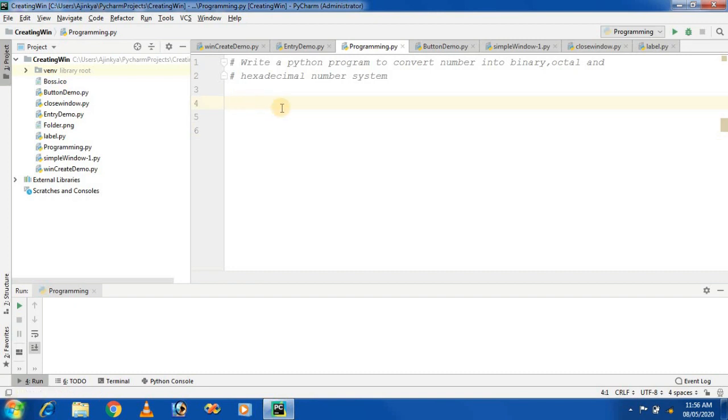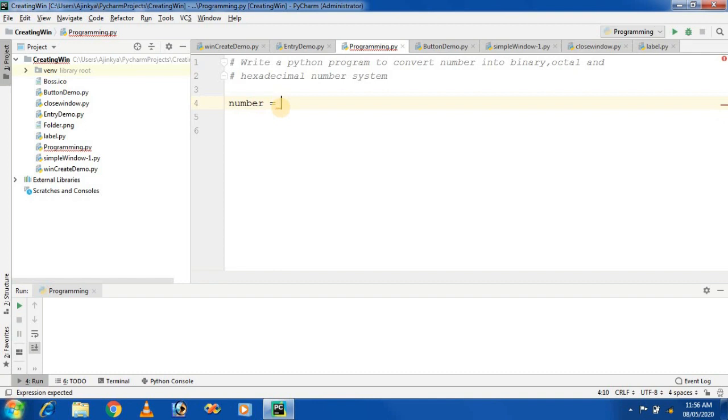In this demo, we will take the input from the user and convert the number into binary, octal and hexadecimal number systems. In Python, to take the input from the user, there is a predefined function called the input function. So let's see it practically. I want to take a number, so I am taking a variable, and there is a function called input.